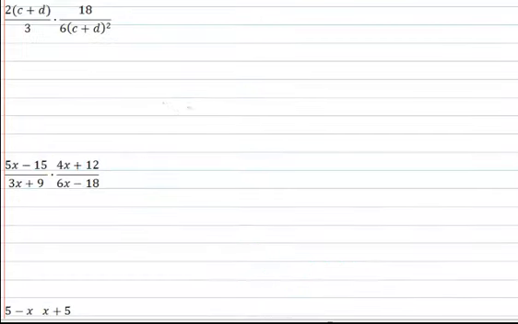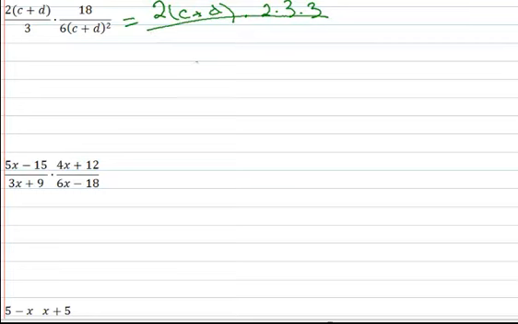So here's a couple more problems. Again, I'm going to put this into factored form. So I've got 2. And c plus d is in factored form, so I don't have to do anything to that. 18 is 2 times 3 times 3. And then the denominator, we have a 3 times 6. And then we have 2 c plus d's. And now we look for anything that's the same in the numerator and in the denominator. So we see that we've got,